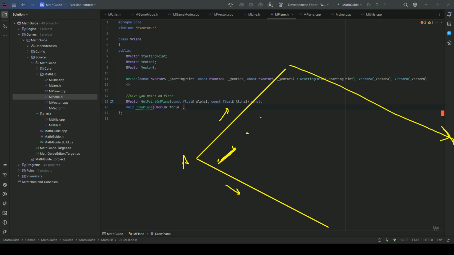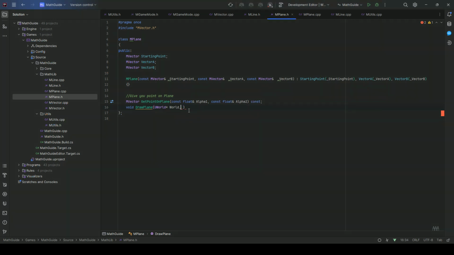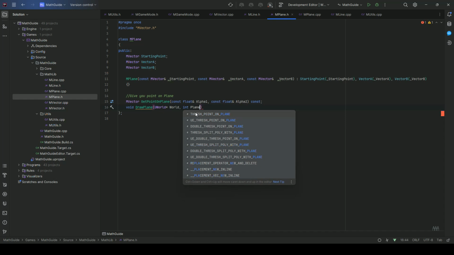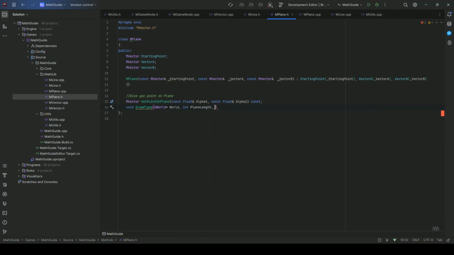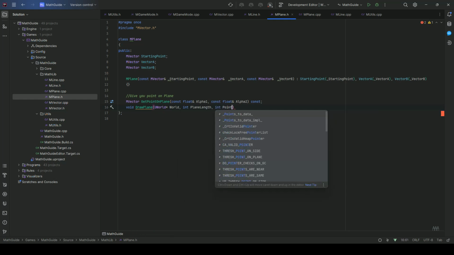So these are the two distances I want. First is the plane length, int PlaneLength, comma, int PointDistance,